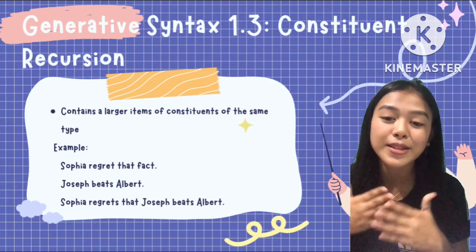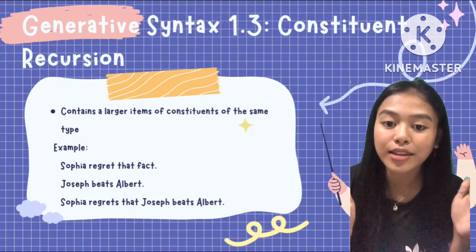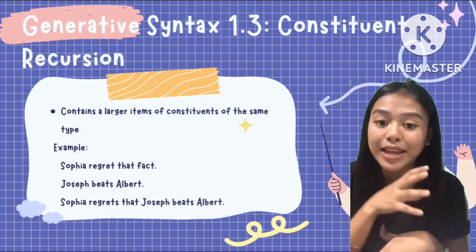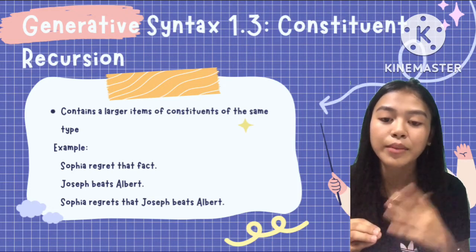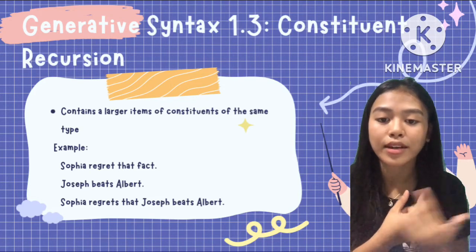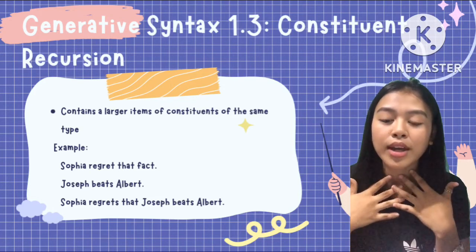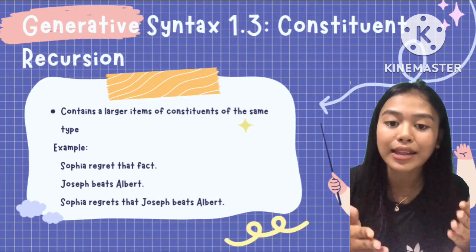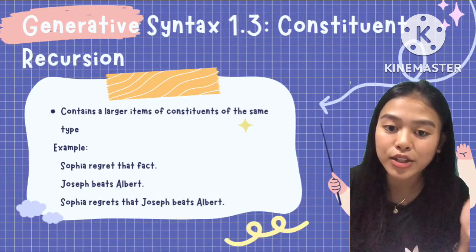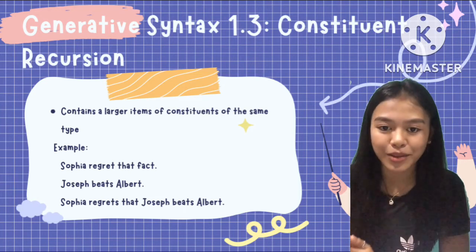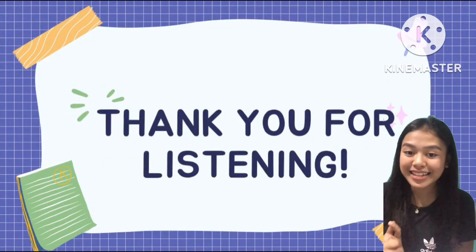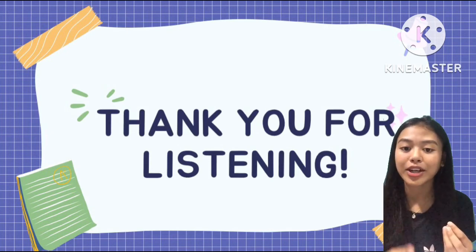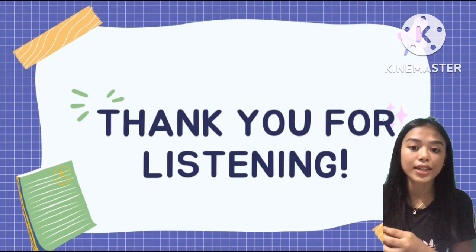You can expand it into a larger set of units as long as it has the same set, which is from our example, a noun, a verb, and another noun phrase. If you create another sentence, then you can actually apply it and expand it larger. And that is constituent recursion. And that's it. Those are the learnings that I get from the video material that I watched, which is all